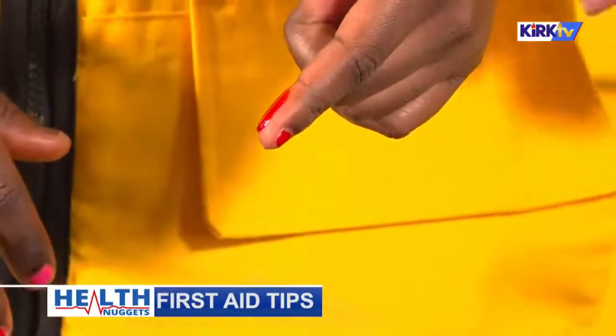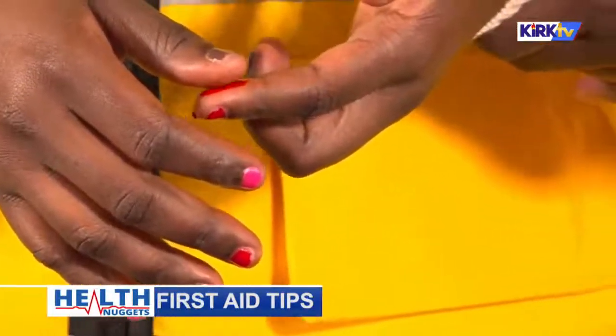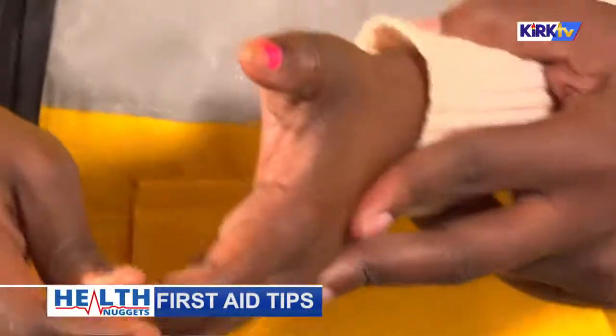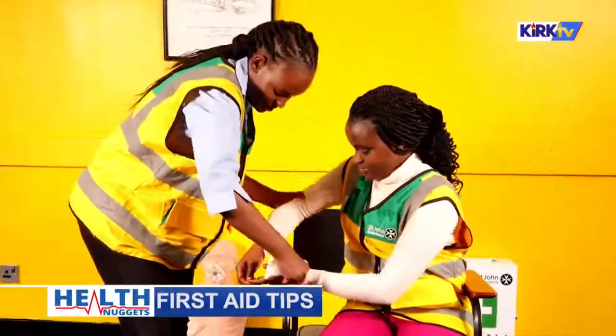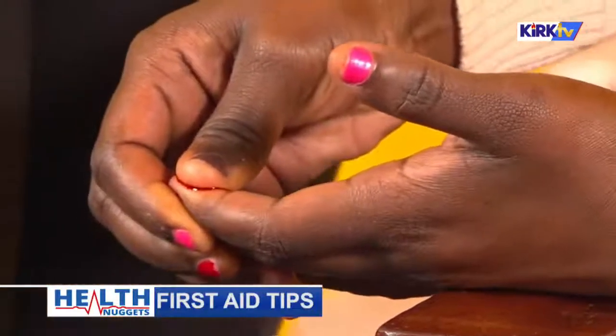Just tell the casualty to apply pressure on the place where they have been cut. Just press there firmly. Maybe you can just sit so that you can support your hand and not get tired. You can just place it here. Press firmly. And then ensure that they